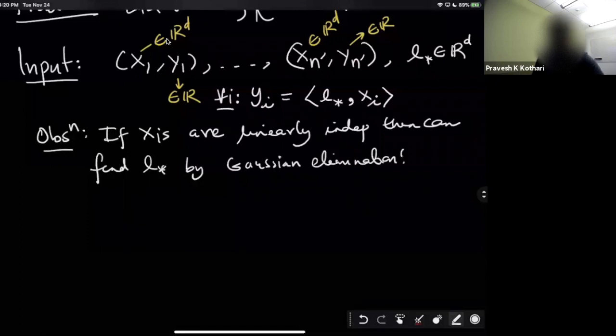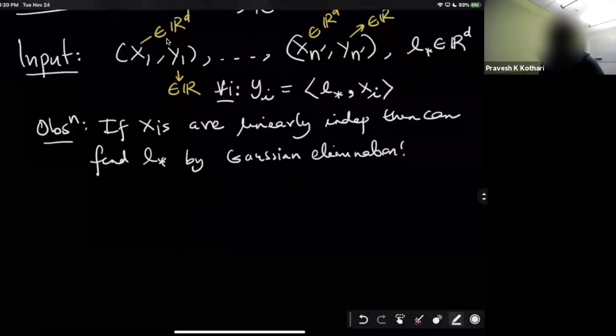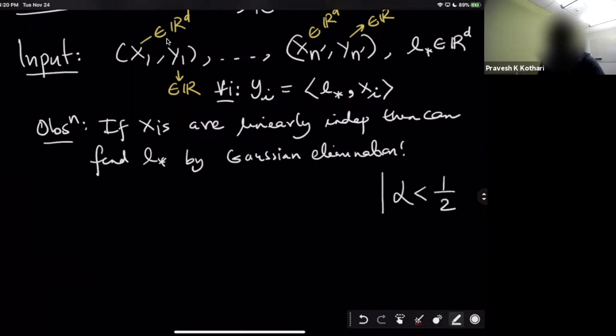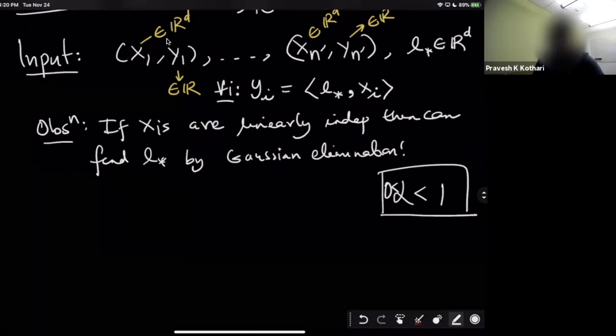Good. All right. So that's not the problem we're going to look at today. We're going to look at a twisted version of this. So now this is not going to be our input. We'll choose some alpha. Think of alpha as a fixed constant. Let's say right now just less than 1, but eventually alpha would be a tiny constant like 0.1. So let's say alpha is some fixed constant like this.